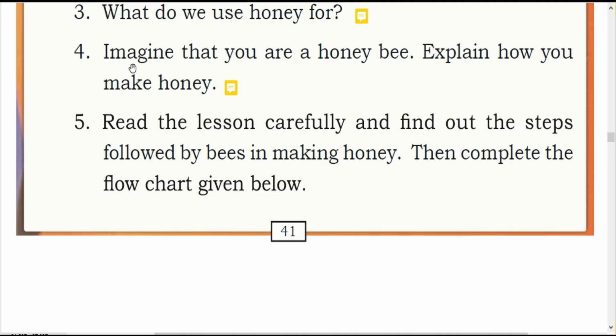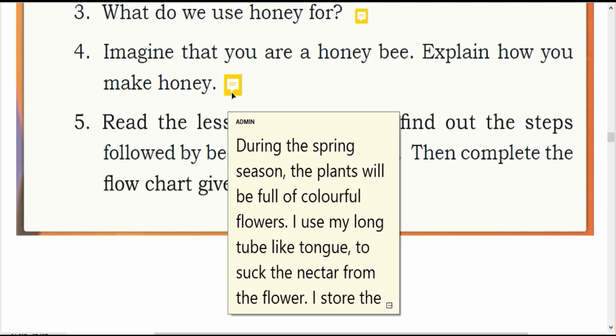Fourth one. Imagine that you are a honeybee. Explain how you make honey. Answer is,